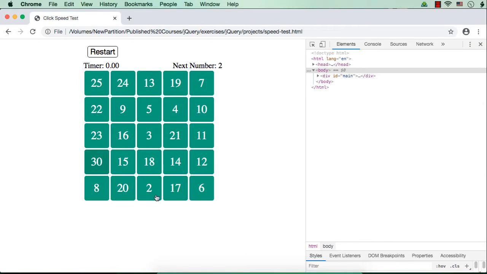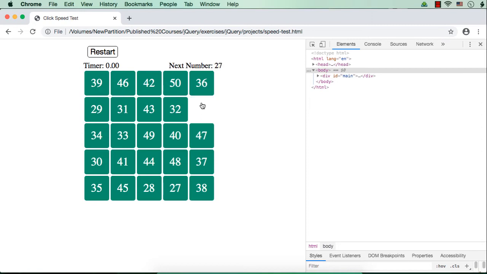1, 2, 3, 4, 5, 6, up to 19, then where is 20, 21, 22, 23, yes, 24, 25, and when we click 26, that space will be white.